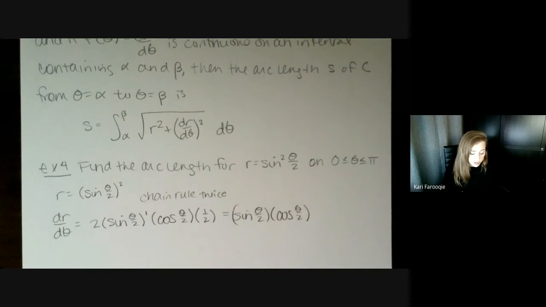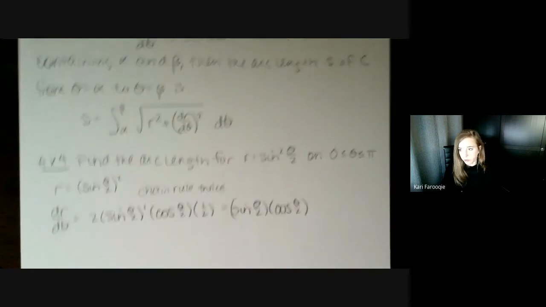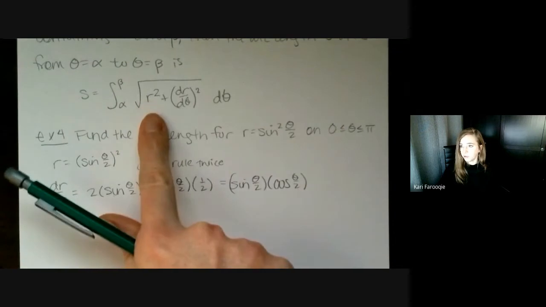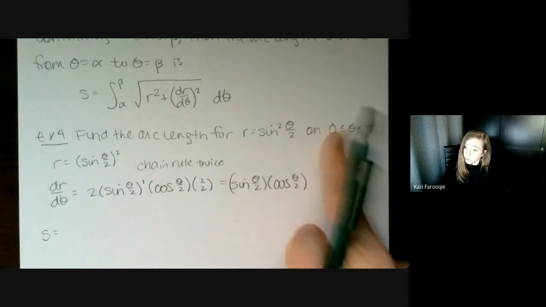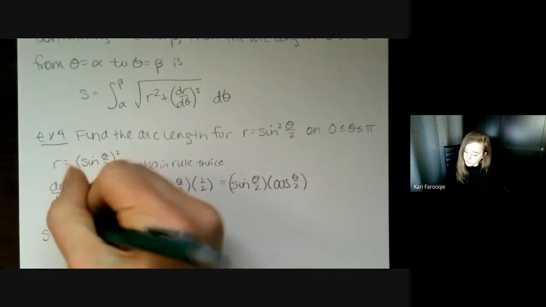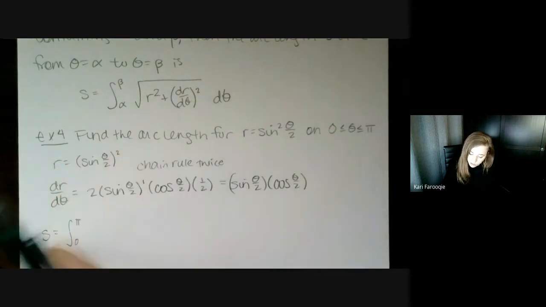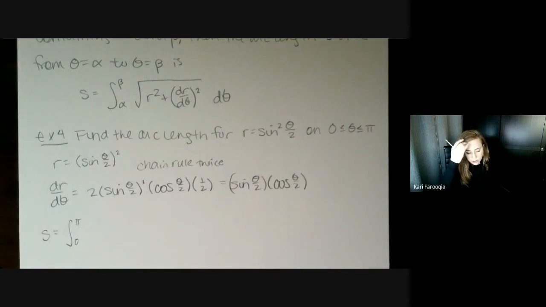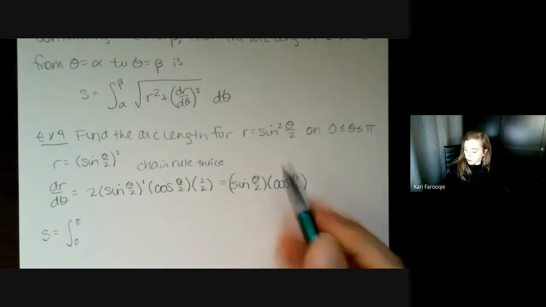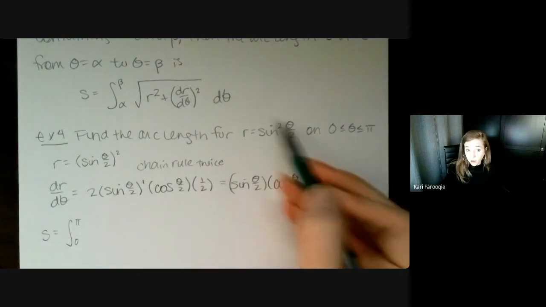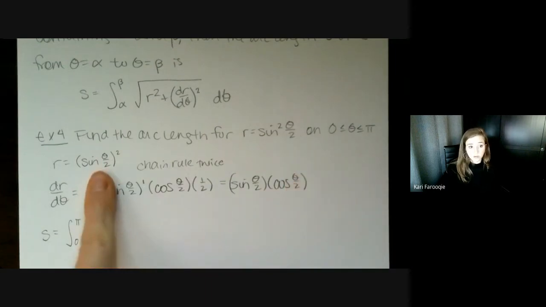And we're going to start to build this now into our formula for finding the arc length, which I have right up here. You have it right there on your paper. So this is going to be the integral from 0 to pi. We don't have a constant multiple of anything out front. A lot of times we do that for surface area. We don't have that for arc length. We're going to take r squared plus dr d theta squared. So r squared, well, r is already being squared. If you want to look at this variation of it, you might find that a little bit easier to see.